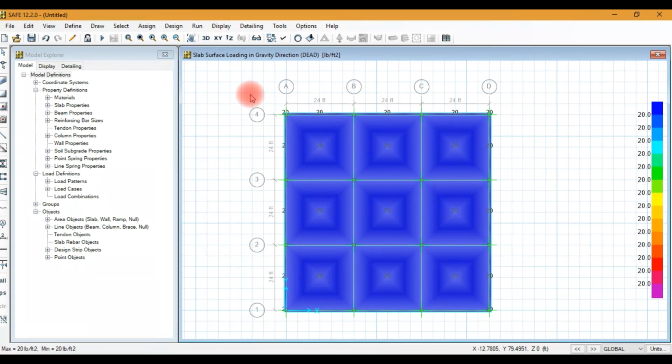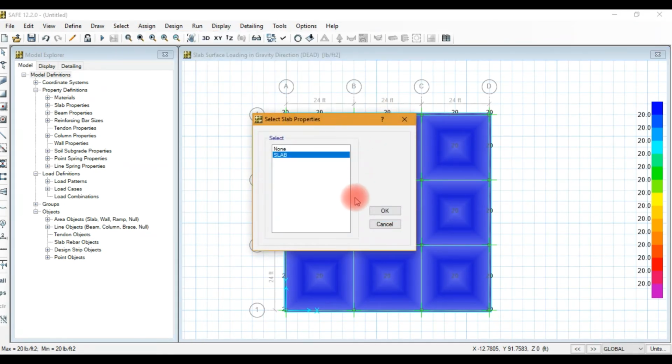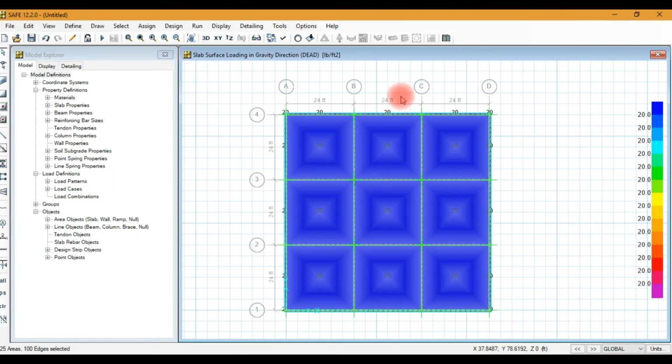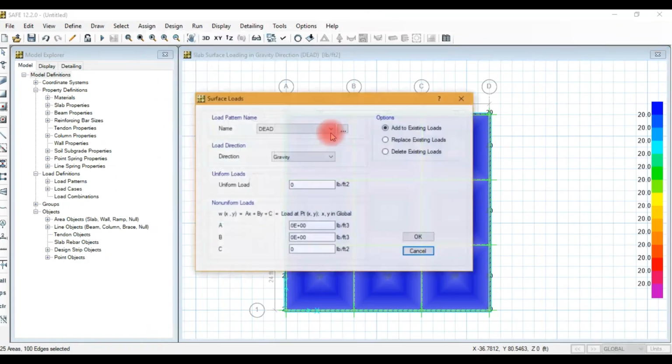How to apply pattern live load? For applying pattern live load, there are two options: auto live load pattern and manual live load pattern. First we will try auto live load pattern. For selecting all the slab panels, click slab here. All panels are selected. Assign load data, surface load.